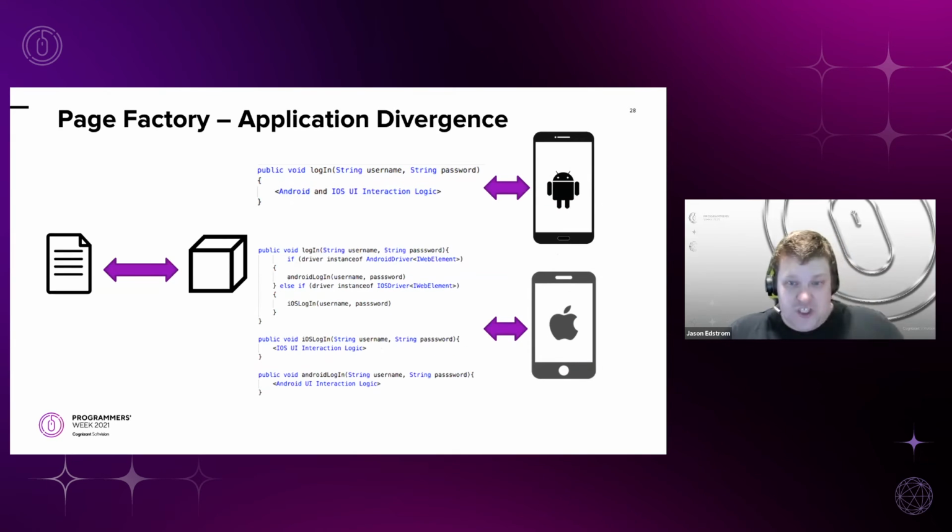So let's get into app divergence. The app divergence here is the same as the conditional, because we're holding the iOS and Android elements in the exact same class. We don't have nearly as many conditionals. Luckily here, the conditionals are solely dependent on the methods, app divergent methods and scenarios like that. But due to the fact that we're using an Appium element, we have at least a more generic element, so we have the ability to do some common code sharing there.